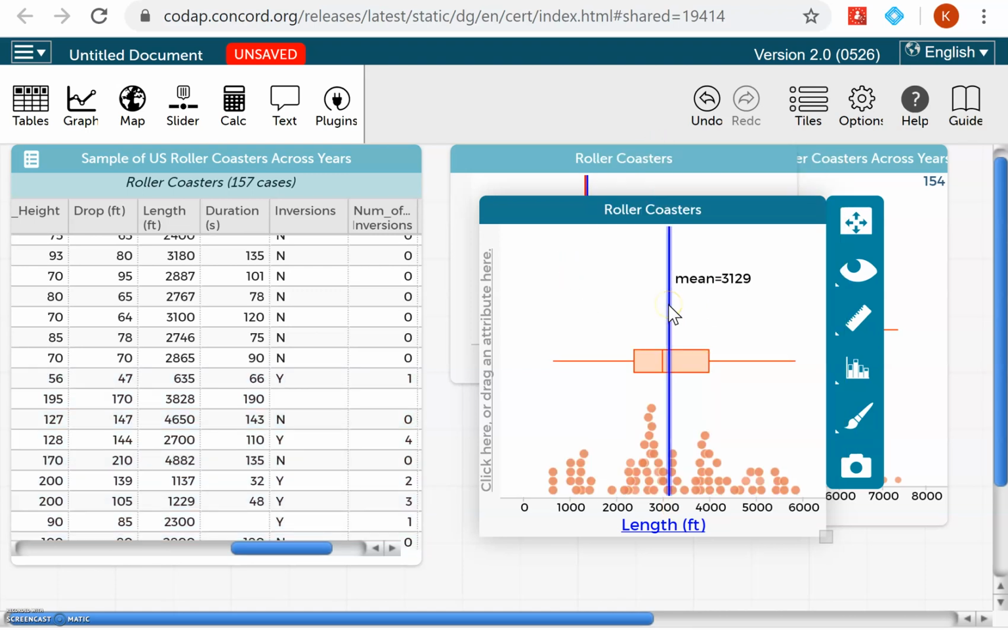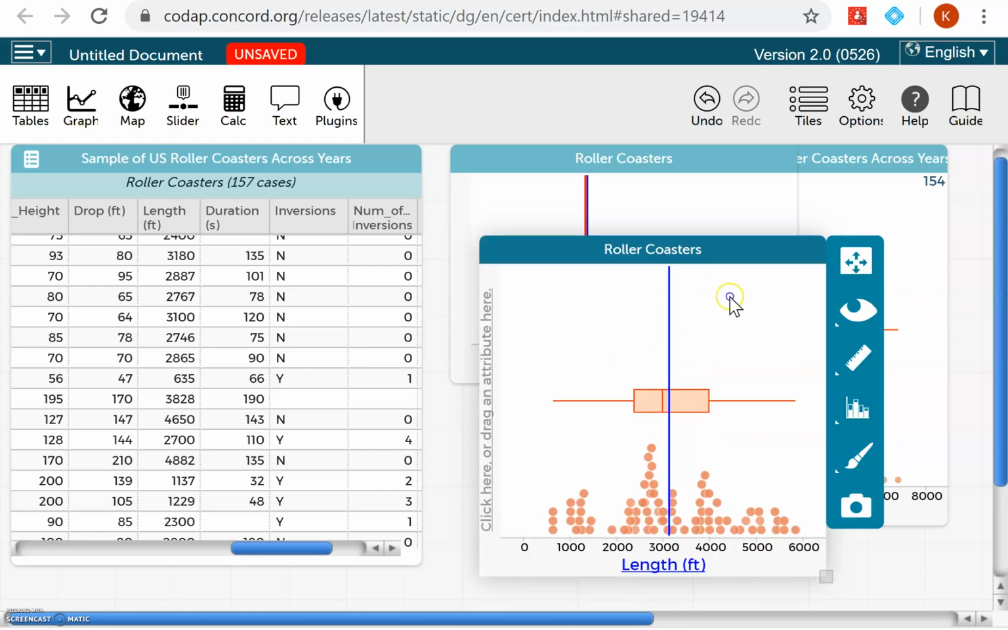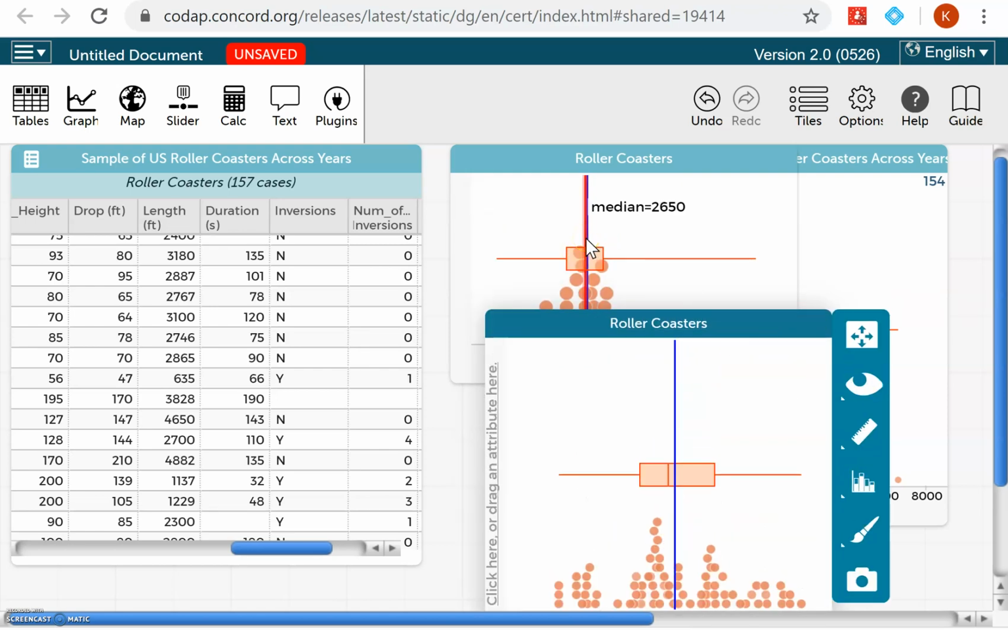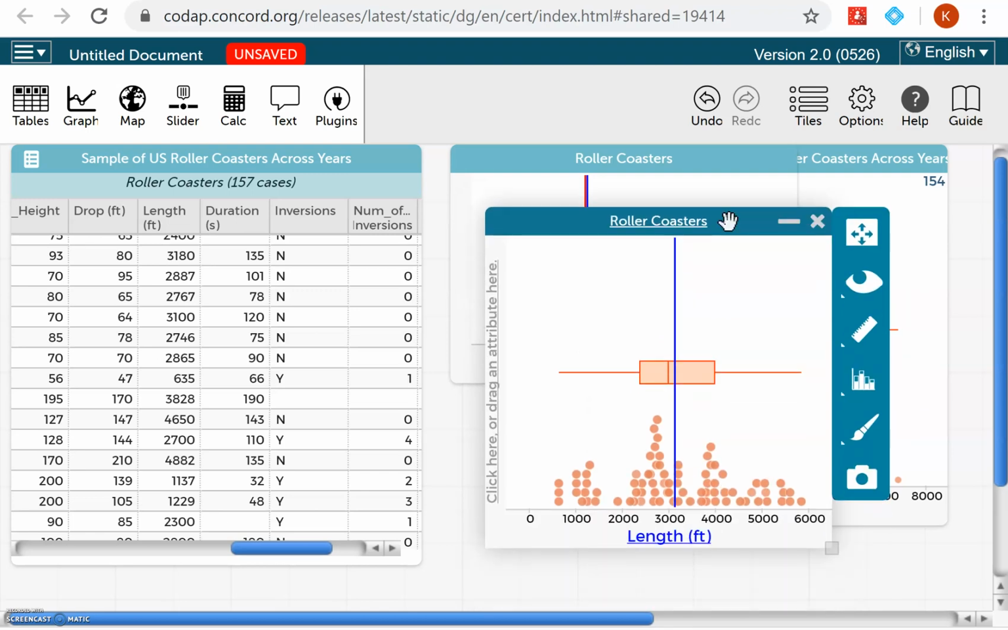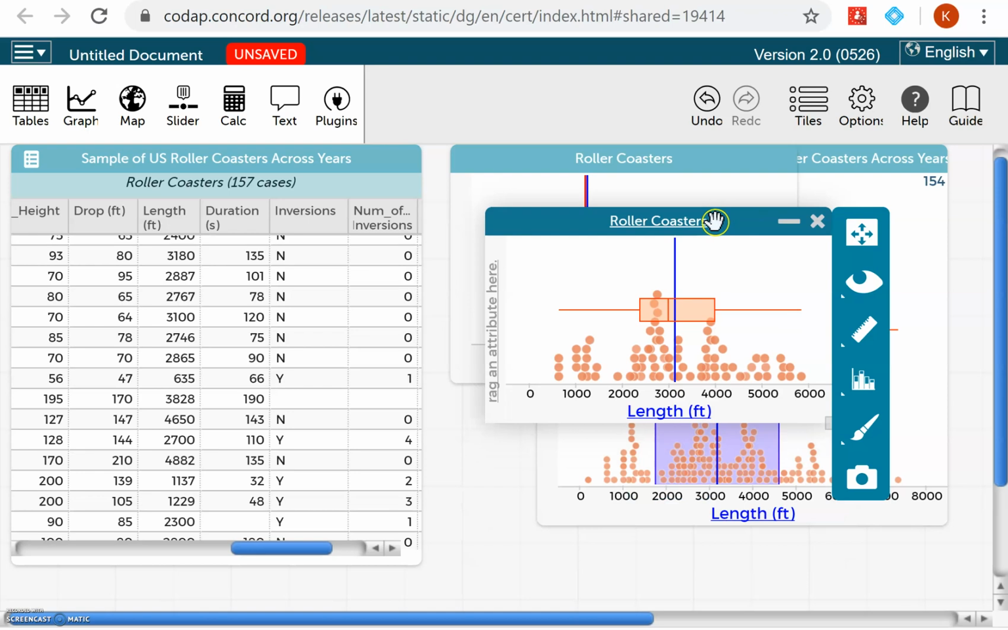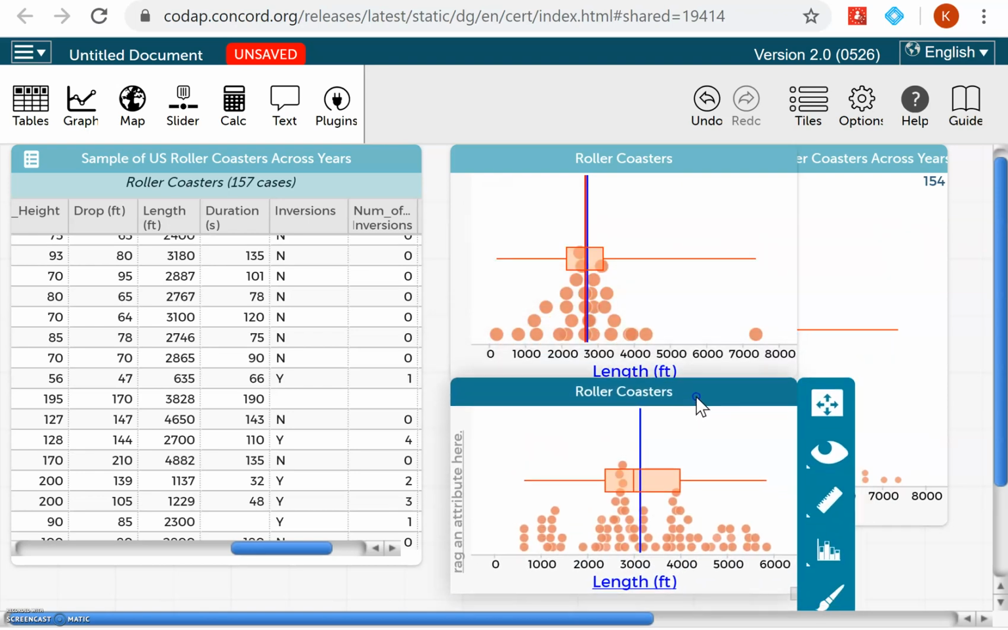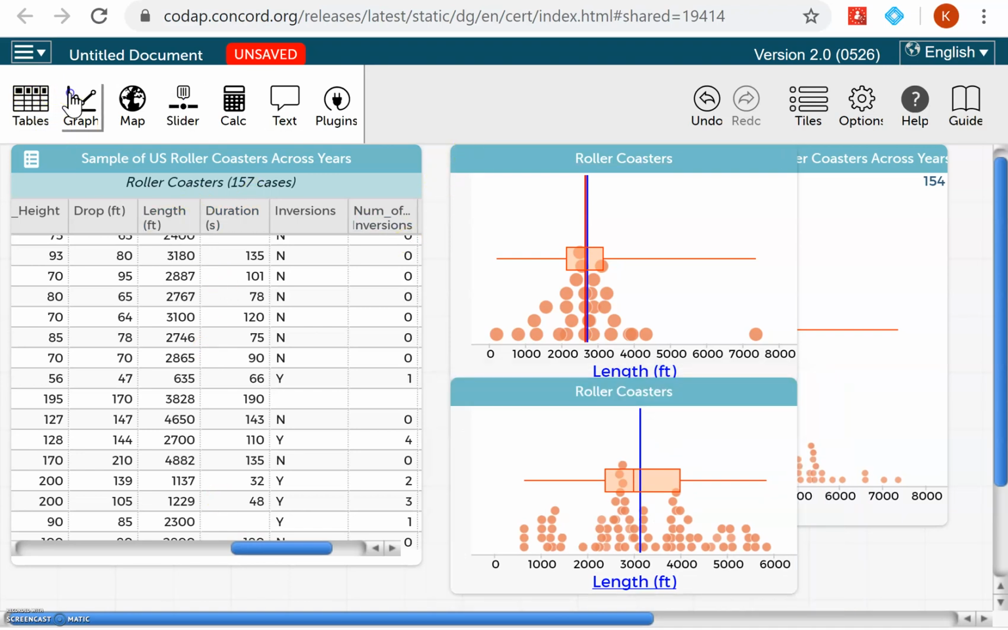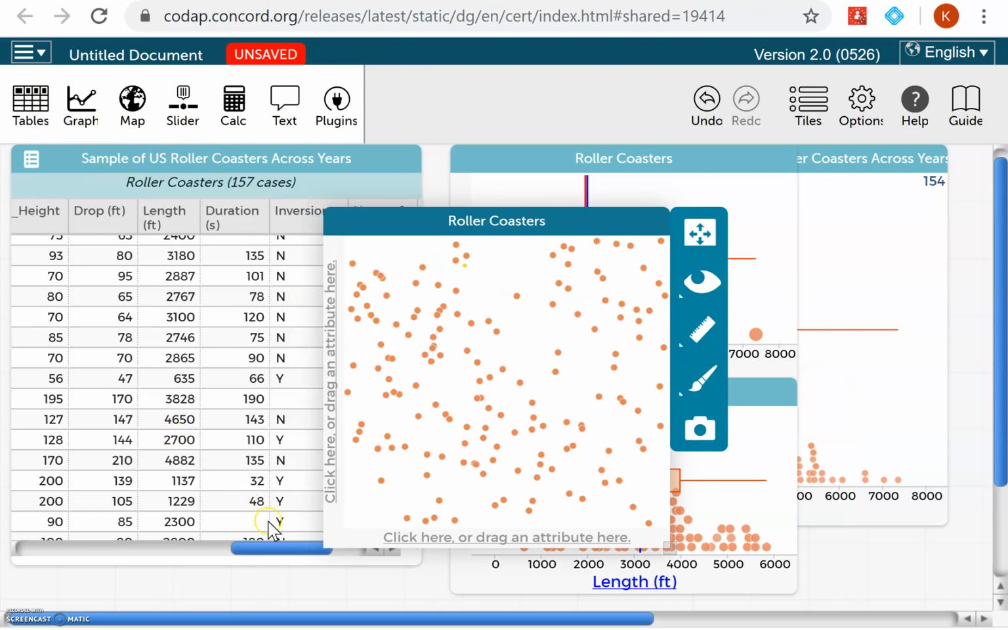So now we can see the difference. The mean here is 3,129. Over here it was a little bit higher, so actually the older coasters so far have higher lengths, or bigger length, than the recent coasters. And then last, I'm going to make a final graph just with